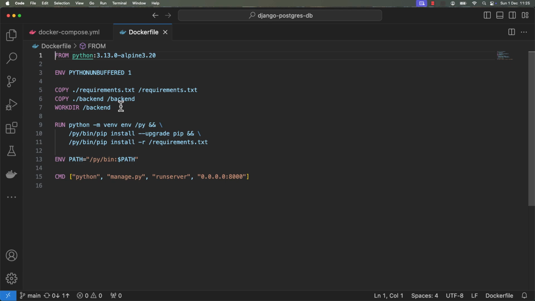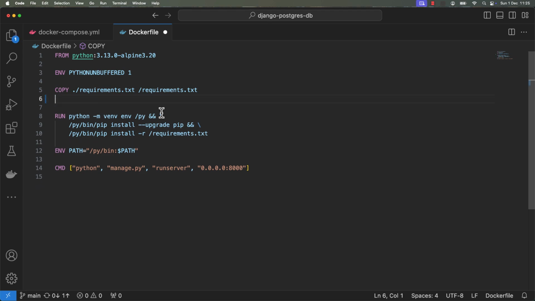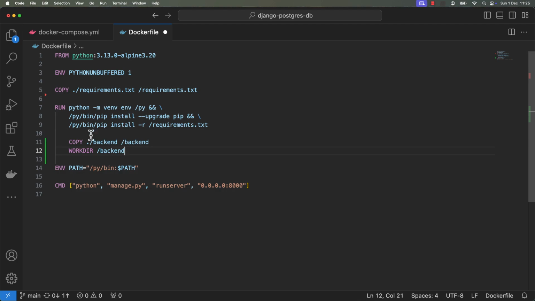First, let's just restructure this a little bit. So I'm going to move lines 6 and 7, so this COPY and WORKDIR there, below the RUN command here. The reason I'm going to do this is just because I realized after I created this first container that it's actually a more efficient way of handling the Docker caches, because if you have the COPY here, which is to copy the files for our backend source code into the image that we're going to